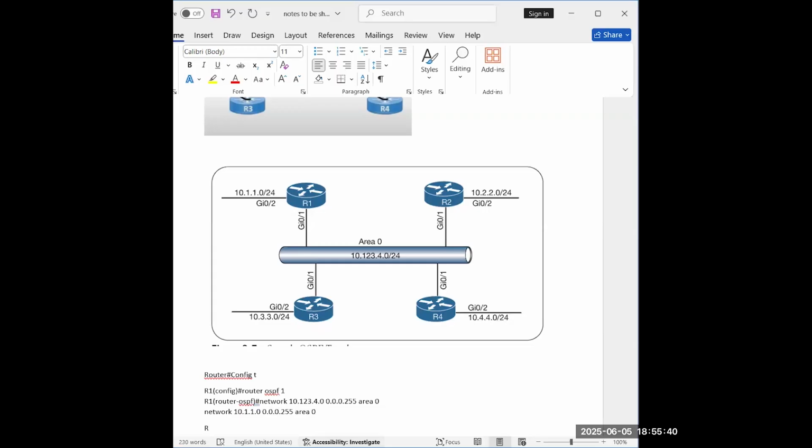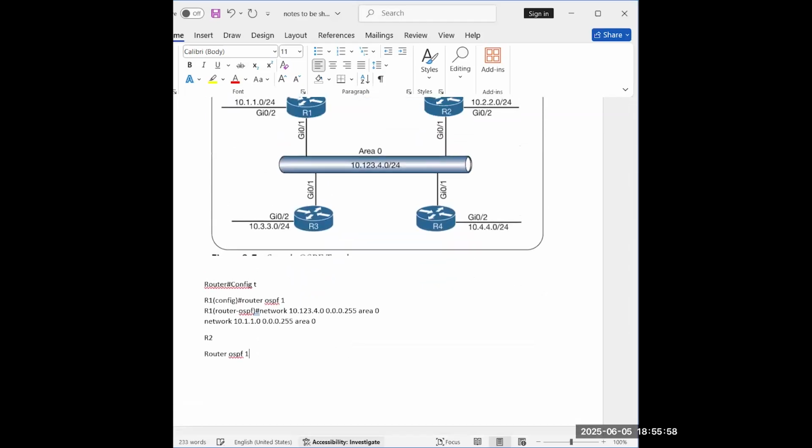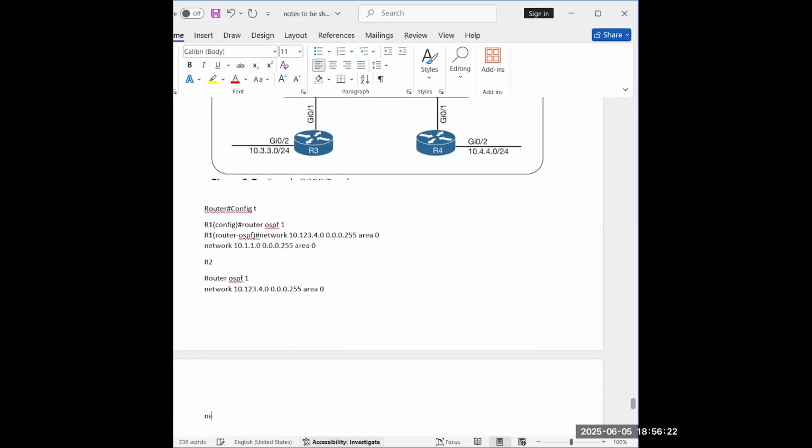For R2, we are going to do a similar configuration, but the network statements will be different. So router OSPF 1, same process. Network 10.123.4.0, 0.0.0.255, area 0. Next, network